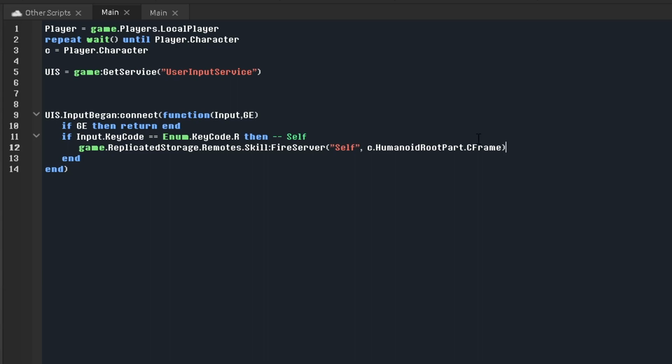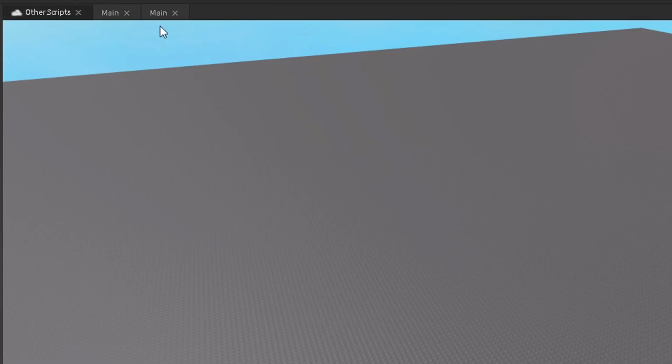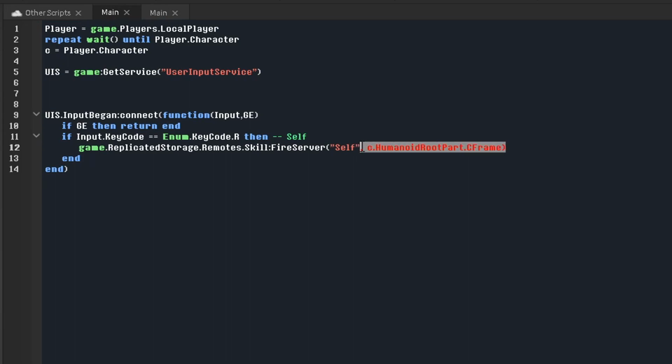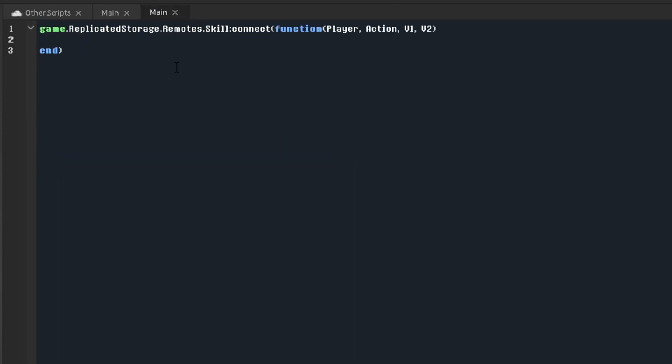Now, the reason for this is because some things can be very imprecise. Sometimes they can be too... There's a bit of a delay between the server and the client. But you know what? Maybe some people don't believe in that. So, let's just do this. And now what we're going to do is if action is equal to self, then up here, let's put the